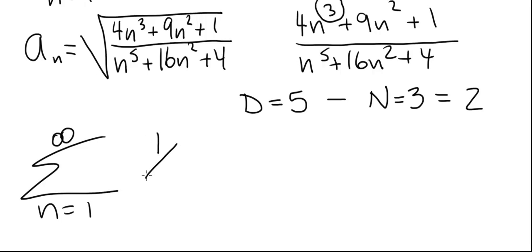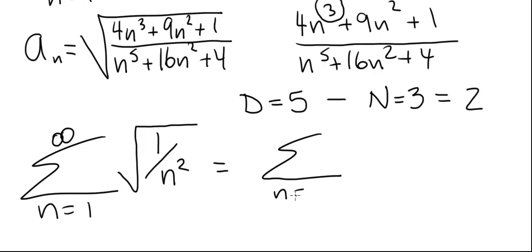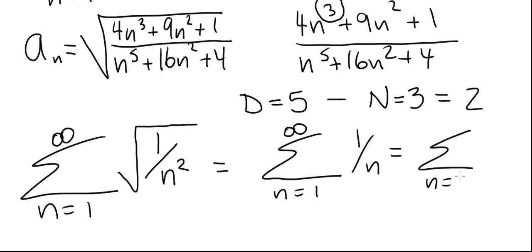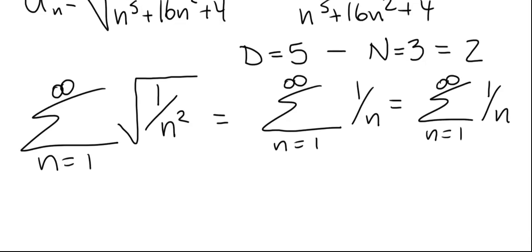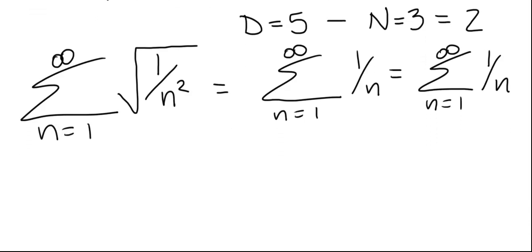Of course, that's the series 1 over n squared, but then of course we had the square root, so we should put 1 over n squared inside the square root, and we simplify this. This is equal to the summation of n equals 1 to infinity 1 over n. This is our bn series. Of course, it is a familiar harmonic series. And now let's use the limit comparison test to see if we can conclude that both series converge together or